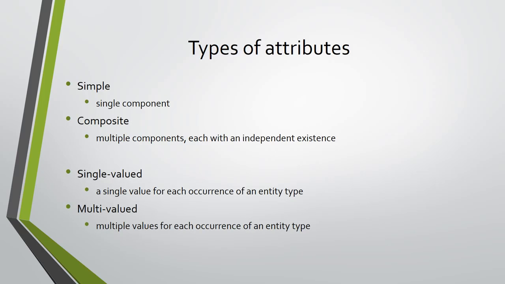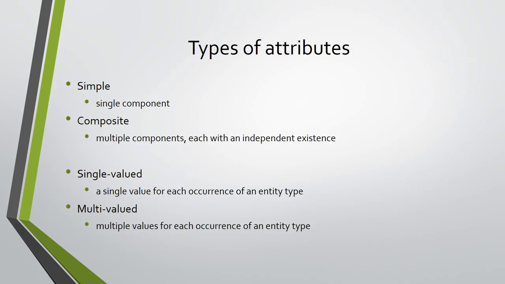A simple attribute is an attribute composed of a single component. A composite attribute is an attribute composed of multiple components, each with an independent existence. For example, the name attribute in the previous entity relationship diagram is composed of two components for the first name